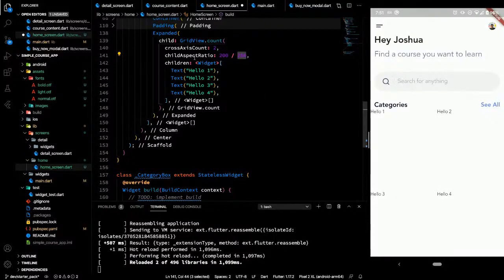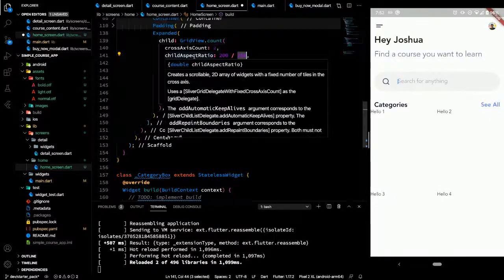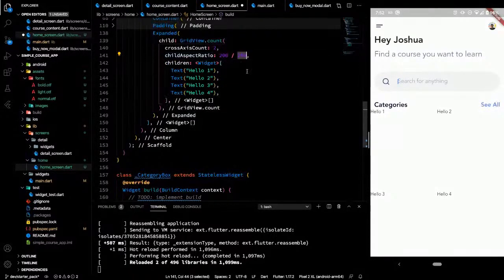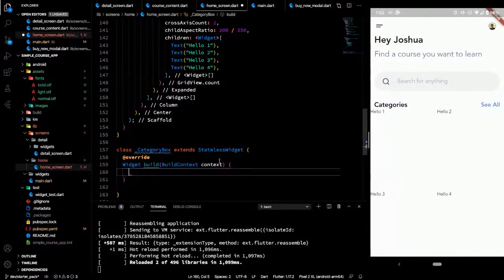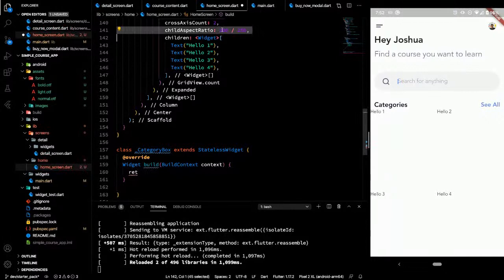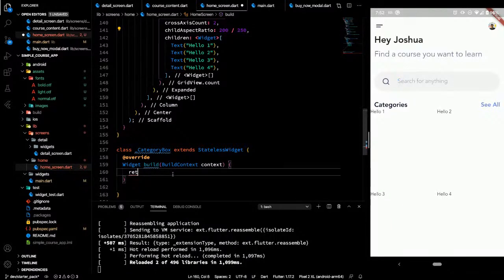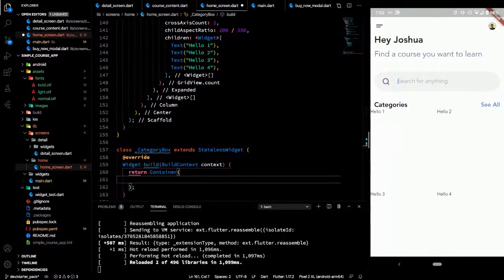So that's why the child aspect ratio computation is introduced, instead of having the developer compute manually the height or the width of the screen. For example, if this is 100, you'd have to compute the remaining space here, which is typically not done because you may end up having more bugs. So that's the child aspect ratio. This is the width, this is the height. Width divided by height, you get the aspect ratio of the children of your grid view. So here we'll just try to speed things up.